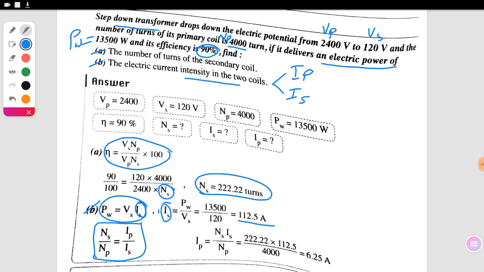This means that I primary equals N secondary times I secondary divided by N primary. N secondary equals 222.22, times Is equals 112.5, divided by 4,000. The result equals